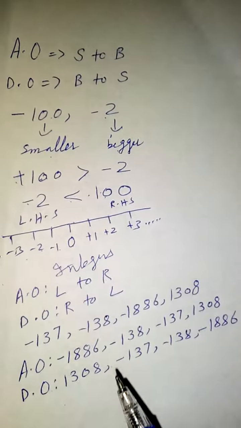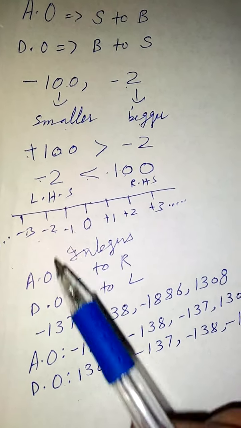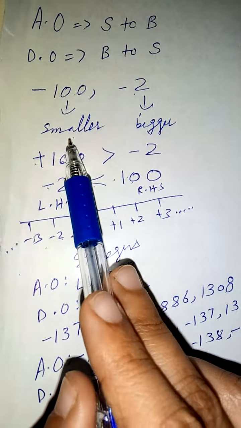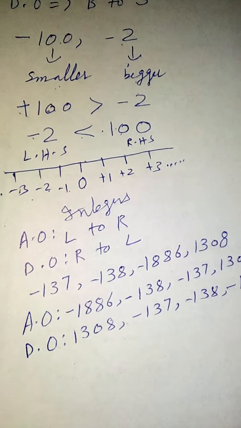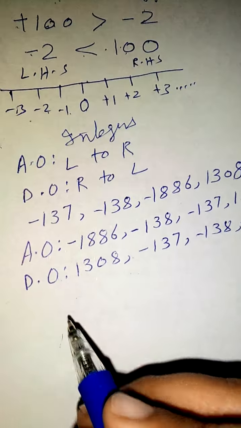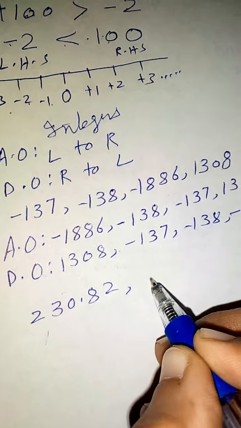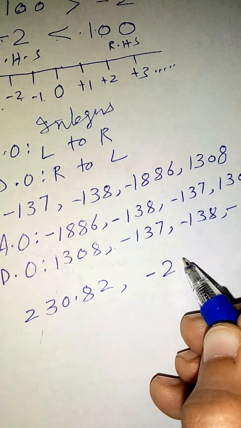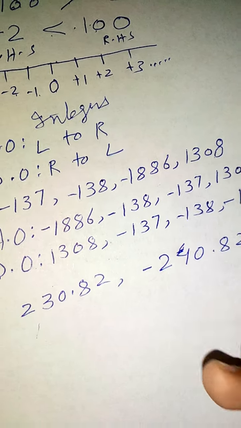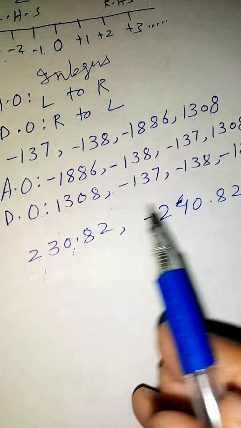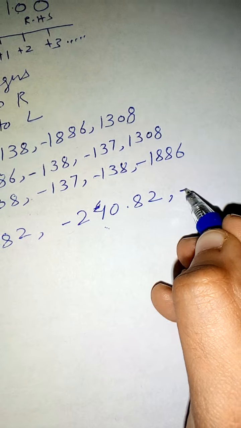So in ascending and descending order, we always focus on the negative integers. The bigger one will become the smaller one, and the smaller one will become the bigger one. The same applies to decimal values. We always consider, if we have 230.82 and we have minus 240.82, you know very well positive values are always greater than the negative, and if we have another number, maybe minus